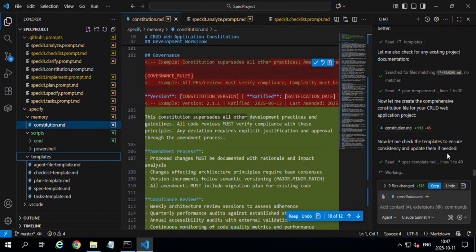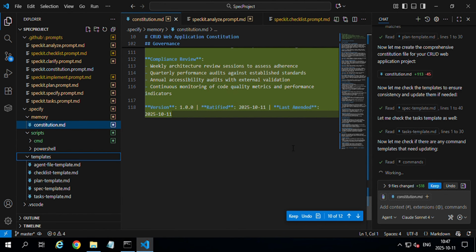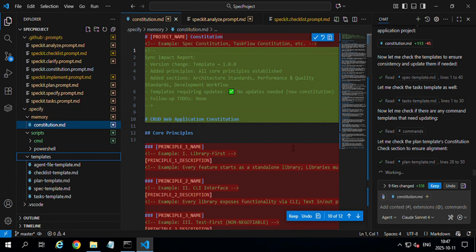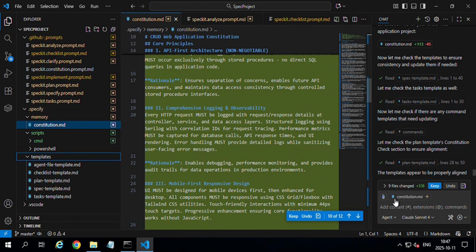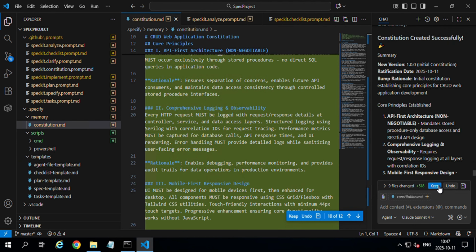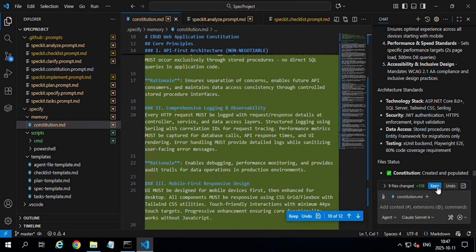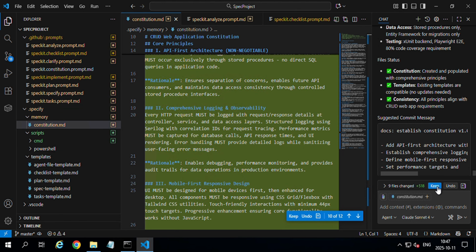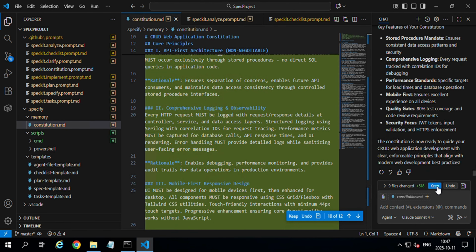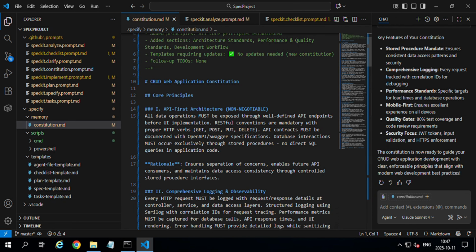Perfect. The constitution.md file has been created. We now have our basic non-negotiable principles established for the application. Let's examine what was generated. As you can see, the file specifies that all data must be exposed through well-defined API endpoints, HTTP request verbs, GET, POST, PUT, DELETE. Database interactions must use stored procedures, .NET version requirements, C# version specifications,